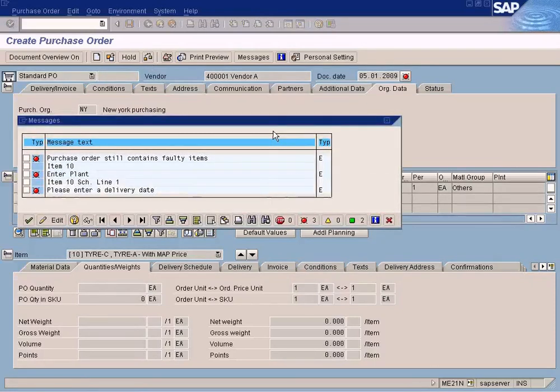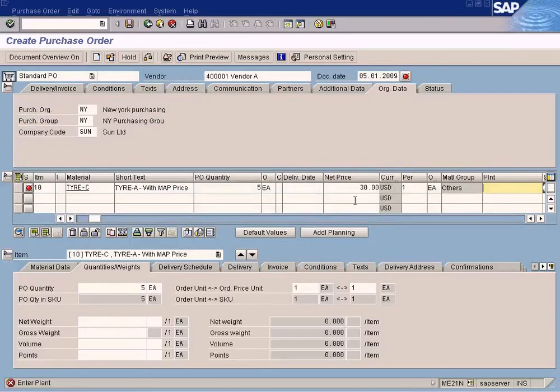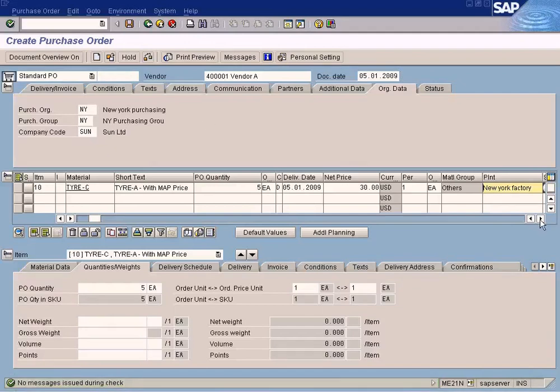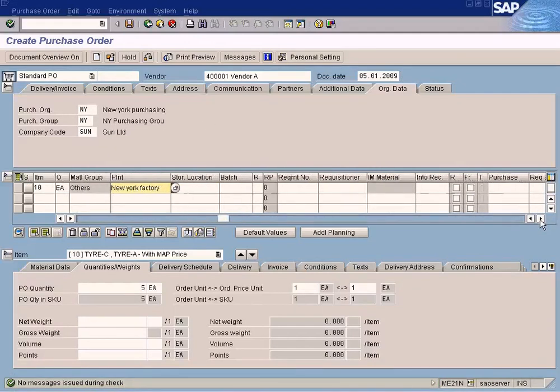Let me see. Enter plant, enter delivery date, expected delivery date, NY plant, check again. Okay, although you haven't used purchasing info record for